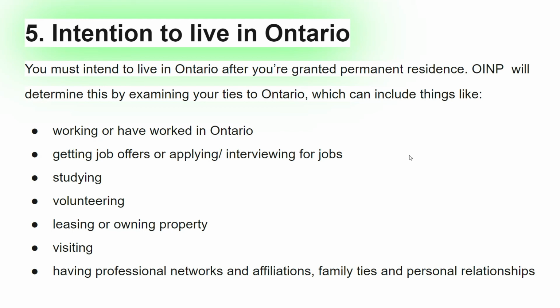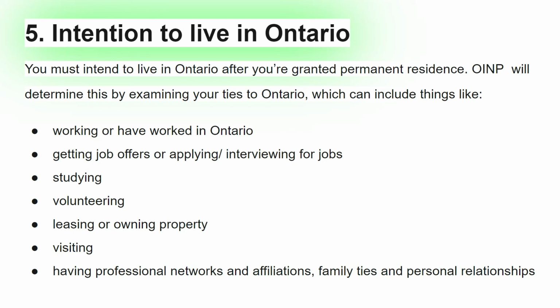Fifth mandatory requirement is intention to live in Ontario. Okay, OINP will determine this by examining your ties to Ontario, which can include things like you are working or have worked in Ontario. It will show that you have made up your mind to settle down and live permanently in the province of Ontario, or you get a job offer, or are applying or interviewing for jobs, or you are studying in a college in Ontario, or you are doing some volunteer work in